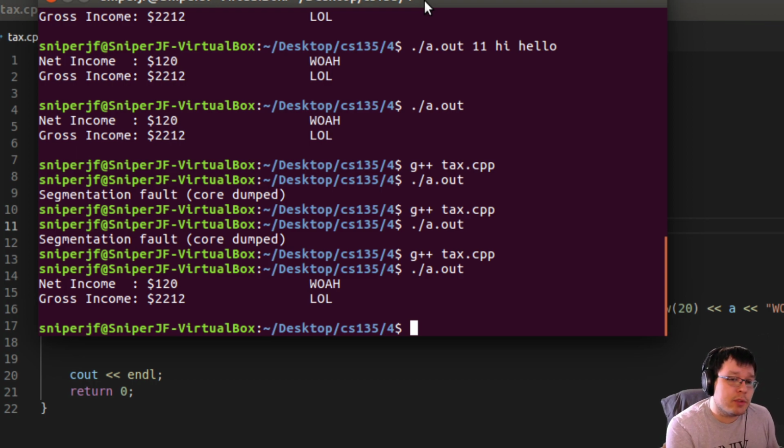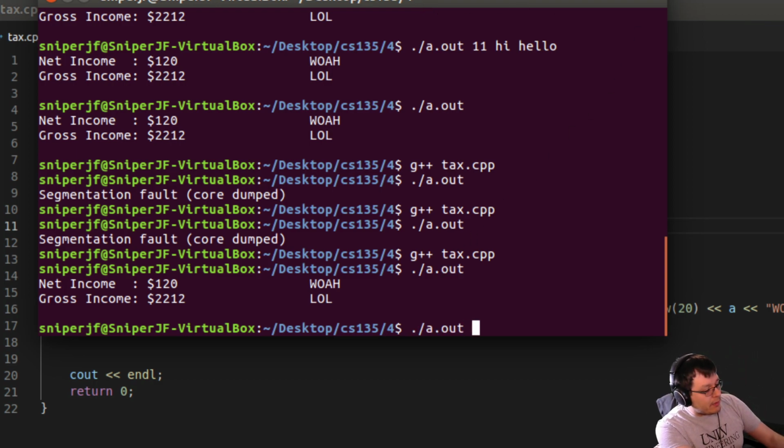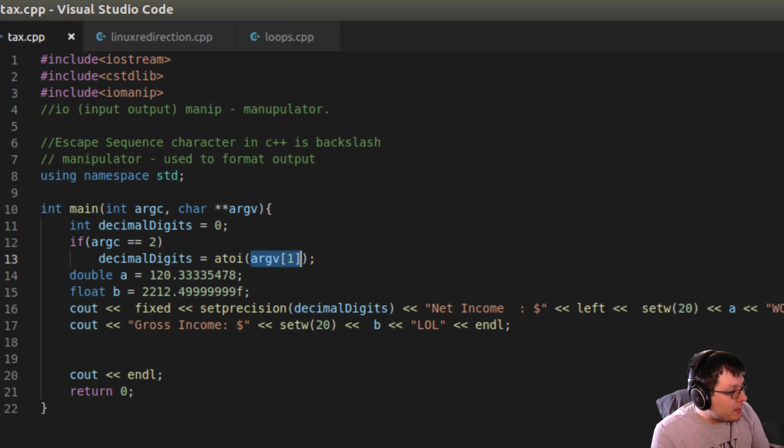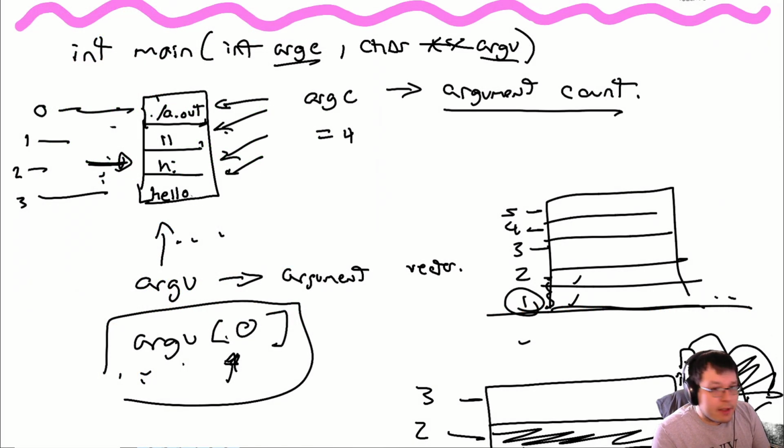And yet again, when we get to arrays, we'll talk about how to keep the size of such an array, or how to keep the size of the tables. But anyways, as I said, we have it set now so that the second argument, which says argv1 here, is the decimals. So now, here's the thing though. In our little table that has all the arguments, right here,